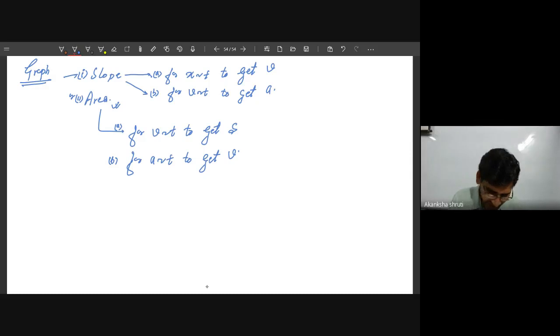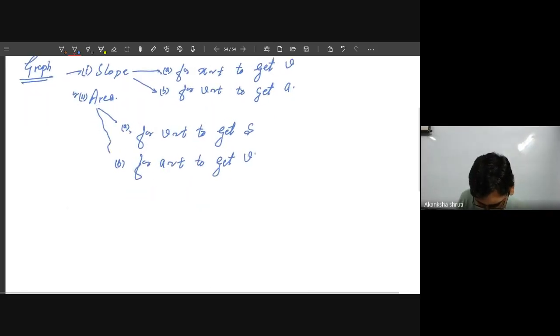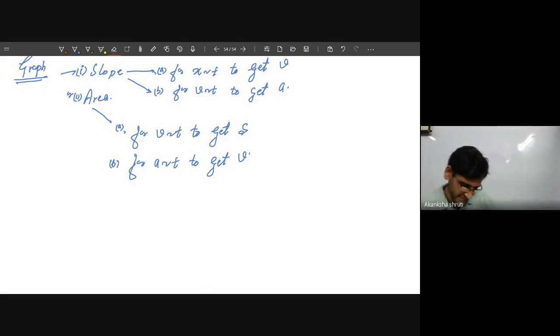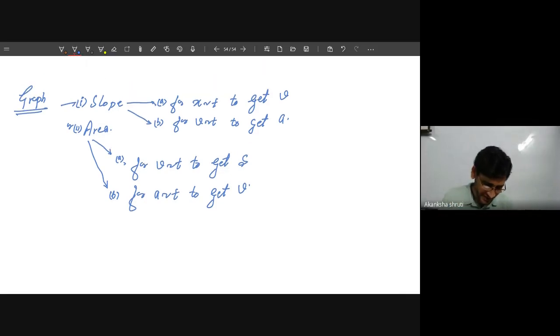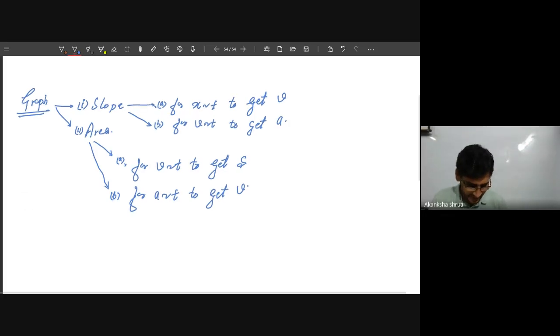And similarly for this area, we have the two things. One is this one, another one is like this one. So these things you students have to keep in mind. If you have understood this small tip or representation, then you can easily predict. You will never make any mistake.